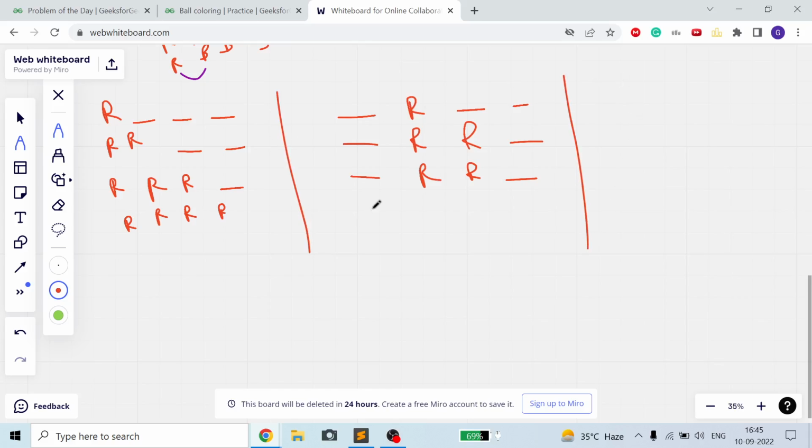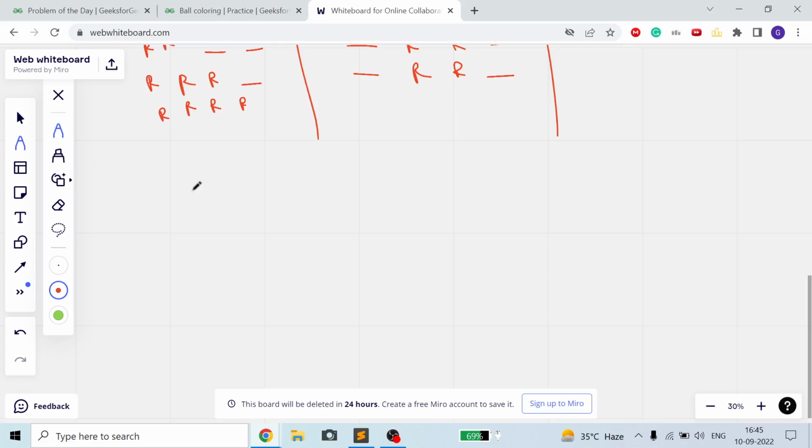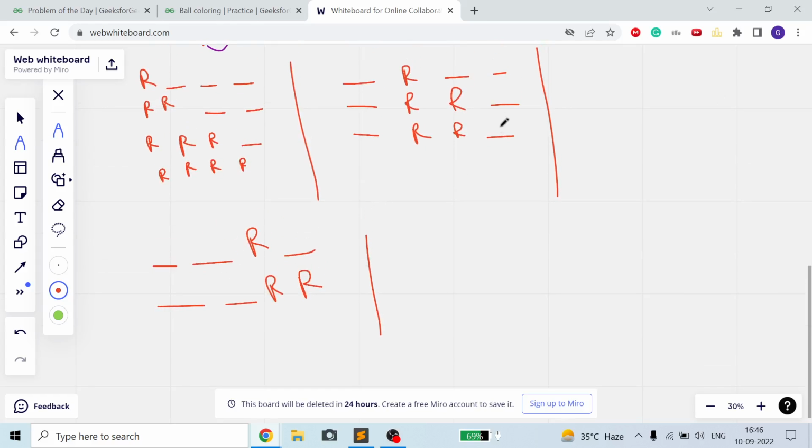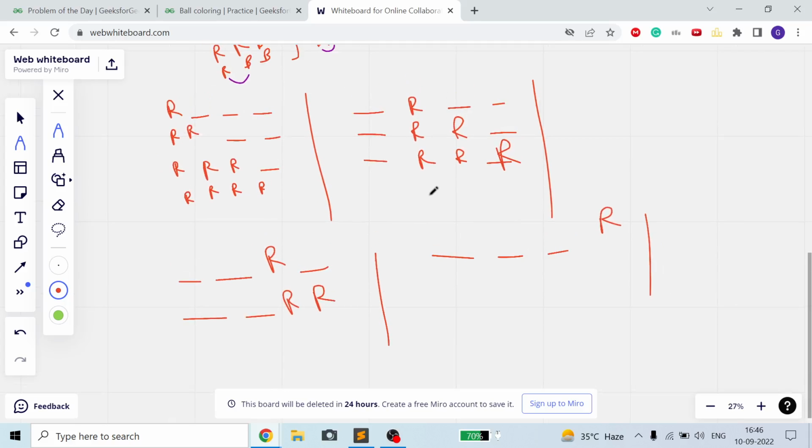Now the next case would be here. Two balls are blue, then red. This is BRB again. BRB, BR. Okay guys, this is R. Now first three balls blue, then red, one segment. So in total how many segments are possible? 1 2 3 4 5 6 7 8, 9, 10. So 10 segments.